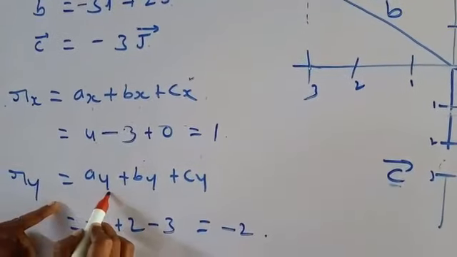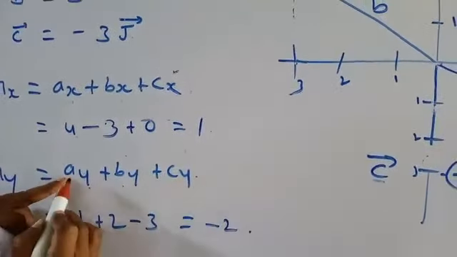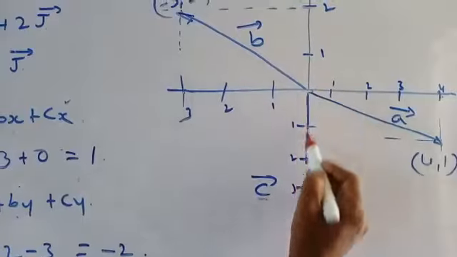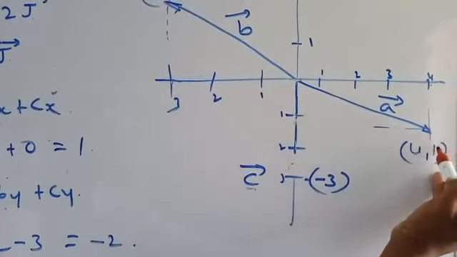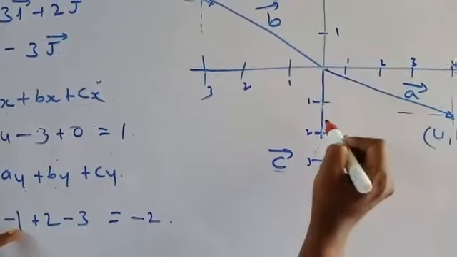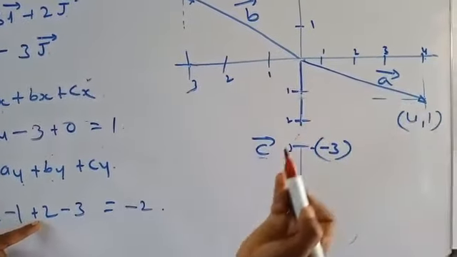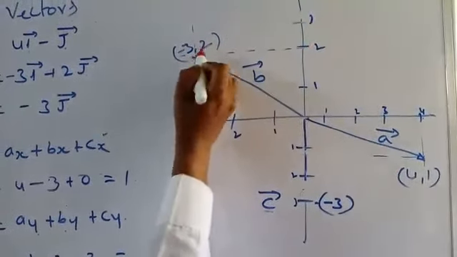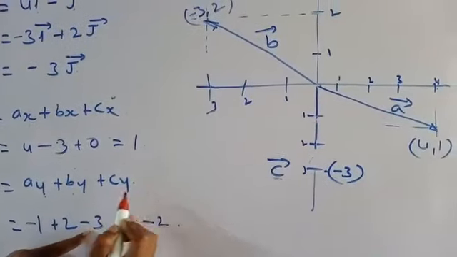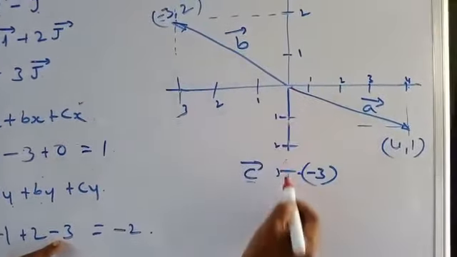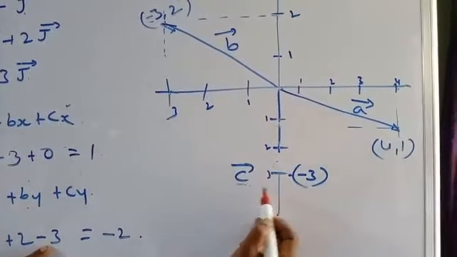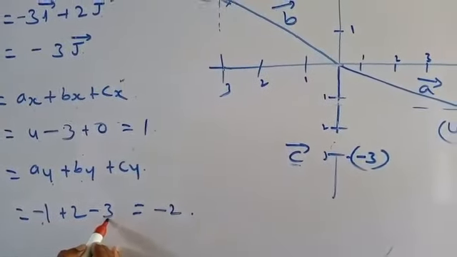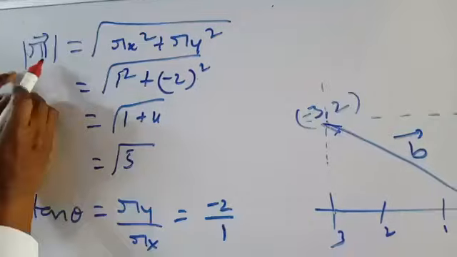Ry is equal to Ay plus By plus Cy. This is the A vector, Ay is along the axis, so Ay is equal to 1, downward direction taken as negative sign, plus By, this is the vector B, this is the y, so this is 2. Next Cy, along the y-axis, so Cy is minus 3. Minus 1 minus 3 is minus 4, plus 2, so minus 2. Now we have to calculate R bar.